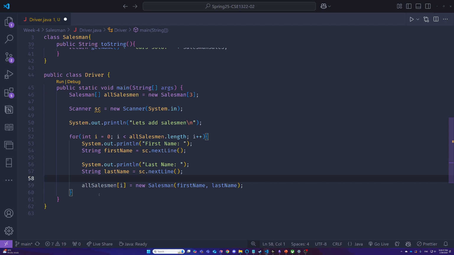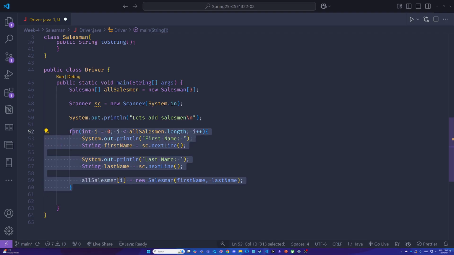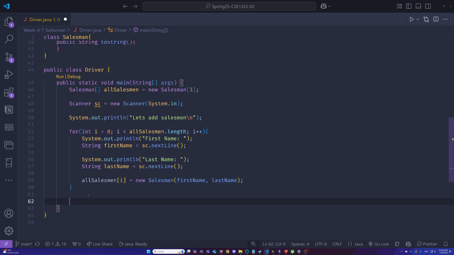So another thing that we have discussed. We can assume that at this point in the code, we are going to have an array of salesmen, with each index being initialized by a salesman object. Again, this is one of the assumptions we can make, because if we're at this line of code, it means that we have finished this for loop. So here maybe we can also say all 3 salesmen